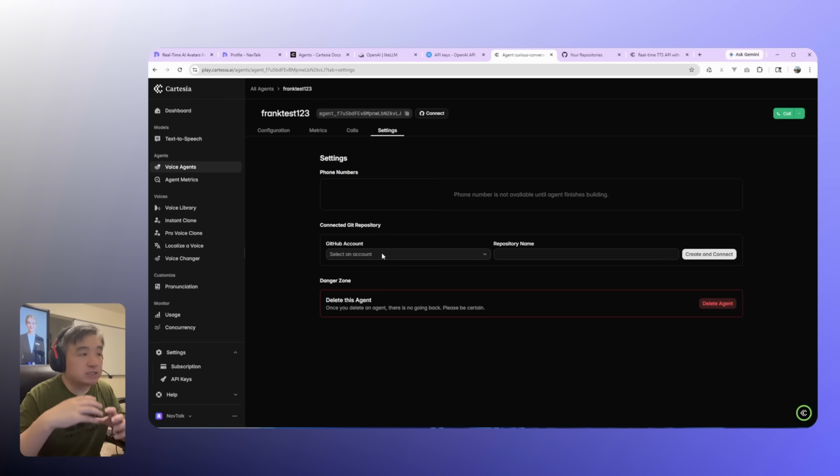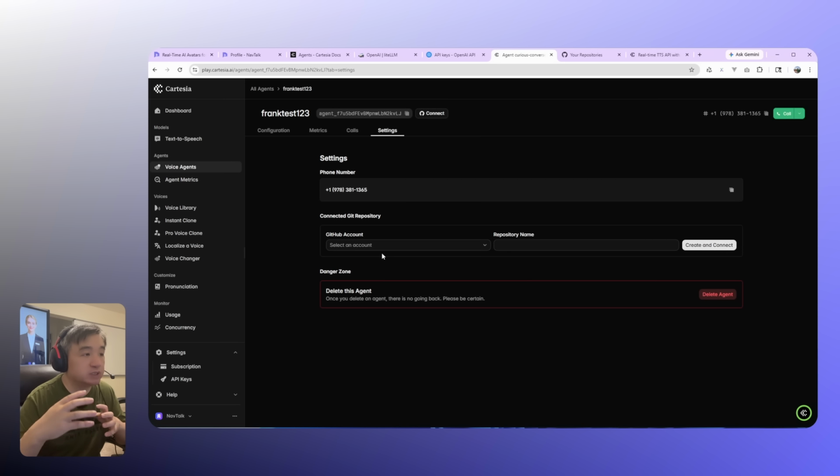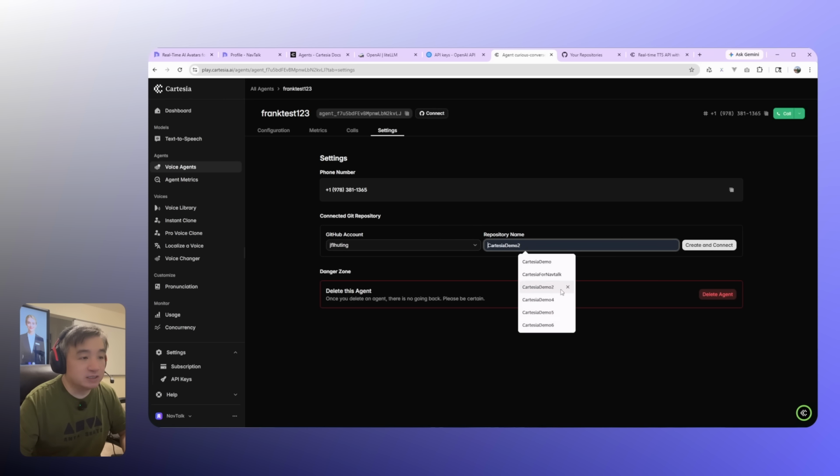So now we need to go to the settings. We need to connect to your GitHub account. So it will create a repository and put some source code over there. That source code allows you to pick any large language model, such as OpenAI or Gemini. I will show you how to get it to work. It's a bit difficult to explain. So let's say